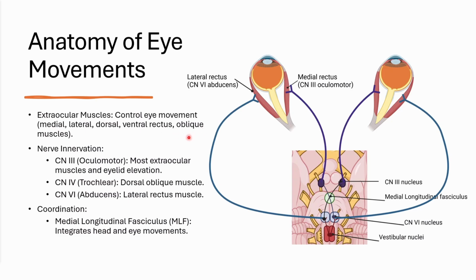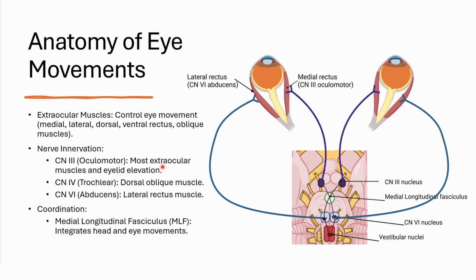And the easiest way to remember this is that the oculomotor nerve, handily named because ocular and motor, moves the eye, so it moves the eye externally with these extraocular muscles, and it moves the eye internally, and that's the iris. So the oculomotor nerve does most of the extraocular muscles and also does eyelid